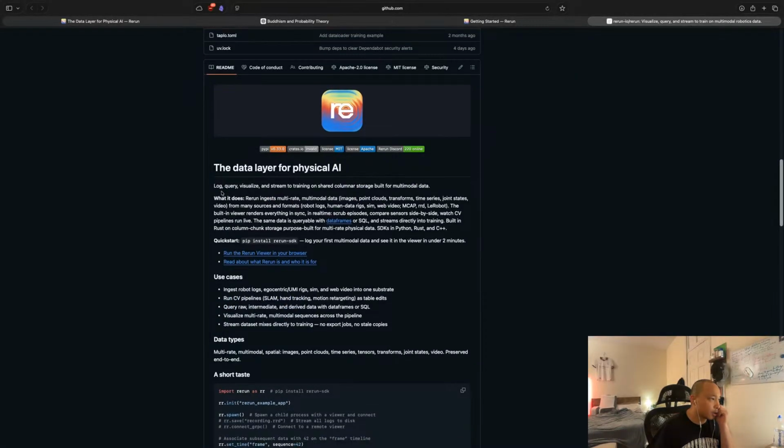So what did it say? Rerun is the data layer of physical AI. It allows you to log, query, visualize, and stream to training on a shared columnar structure built for multimodal data. Rerun ingests multimodal, multi-rate data, images, point clouds, transforms, time series, joint states from many sources and formats, such as robot logs, human data rigs, sim, web video, MCAP, RRD, LeRobot.